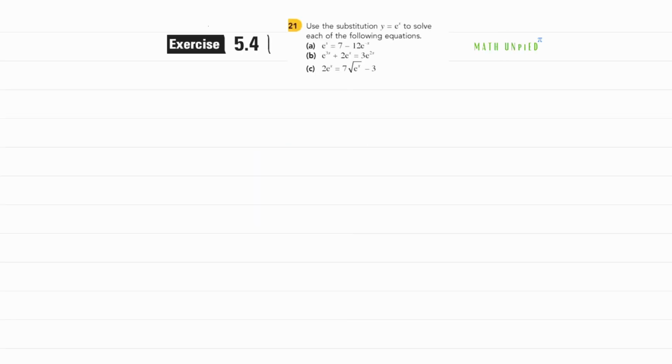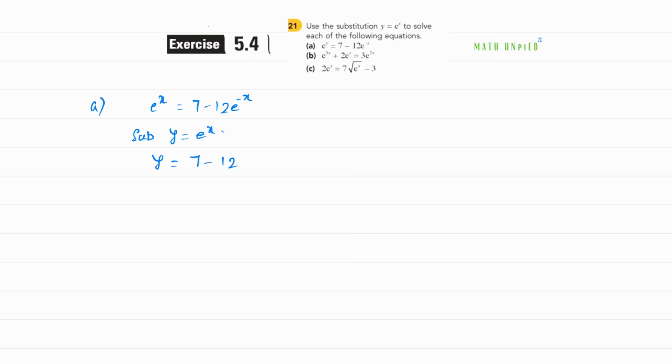This is sum number 21. Use this substitution y equals e power x to solve each of the following equations. And first let's take A. It says e power x equals 7 minus 12 e power minus x, and we have to substitute y equals e power x. So substitute y equals e power x, and this equation becomes y equals 7 minus 12 times